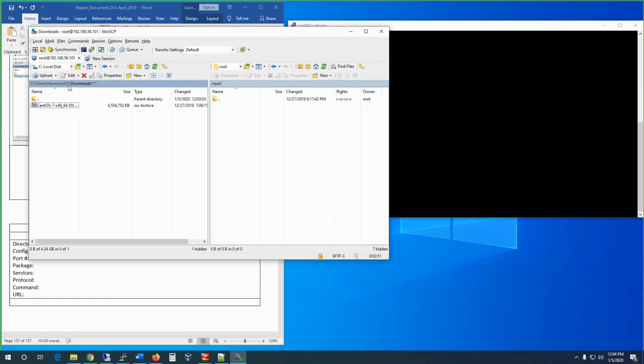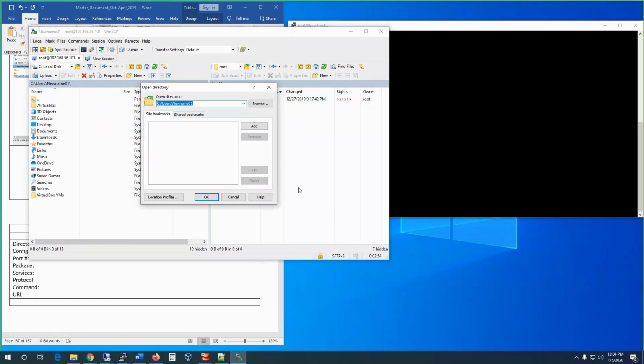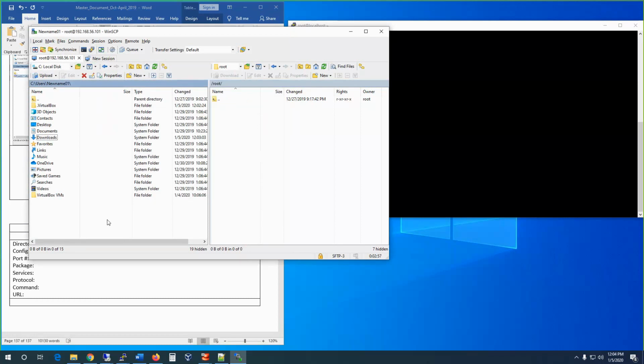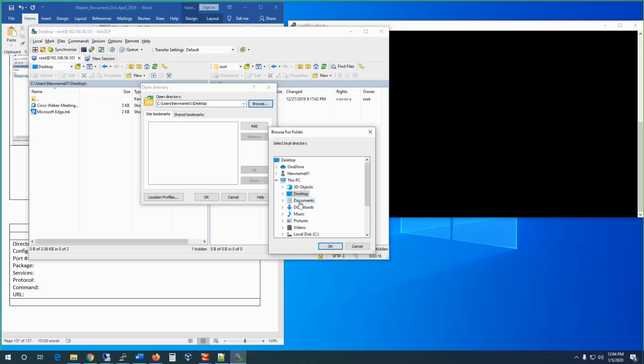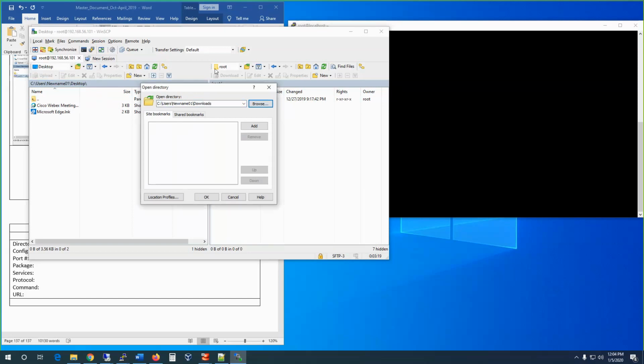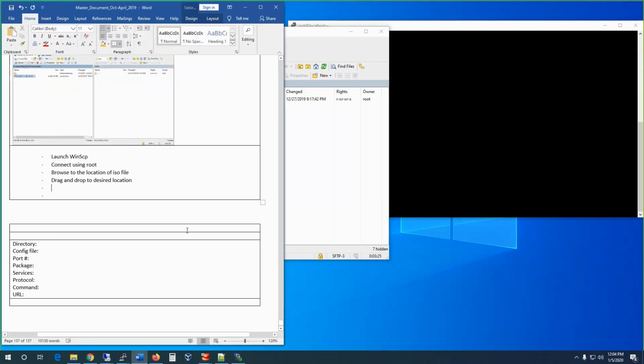You're usually dragging from this folder here. What's the problem here? Open, browse, downloads. Okay, so you usually drag and drop from here to